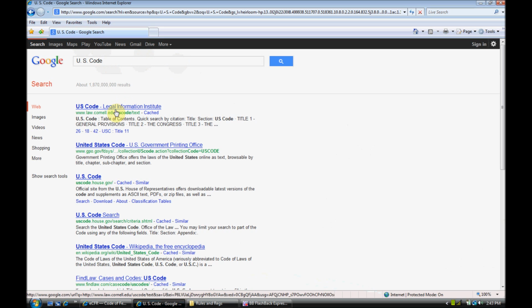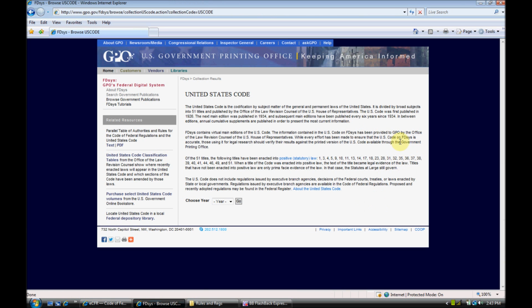Okay, so we have the U.S. Code. Here's the U.S. Code, and it's put out by, it looks like, Cornell University, law.cornell.edu, and you can go there. But this is the actual government website here, the U.S. Code. This is the United States Code. So we're going to go down here to the year. Since I want to make sure that I'm compliant with the most recent law, I don't care whether or not I'm compliant with 1994 law, I'm going down to 2011. So 2011 is the most recent U.S. Code published on the website. So I hit go,